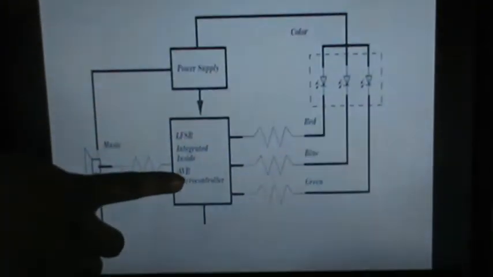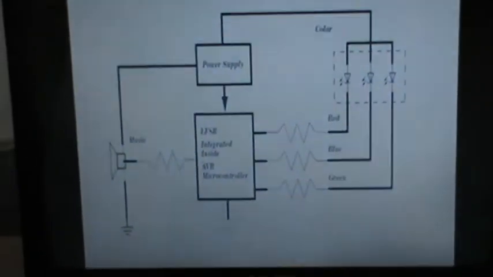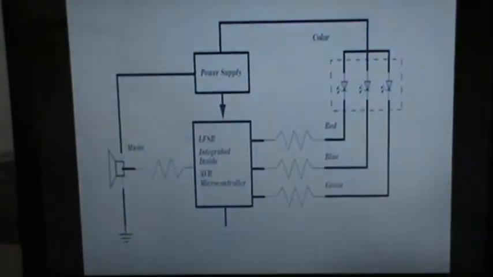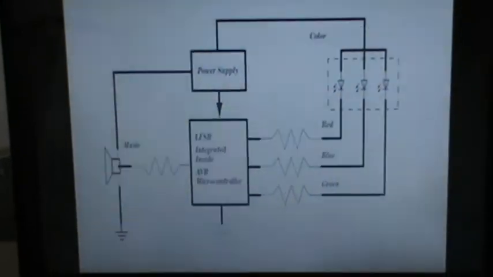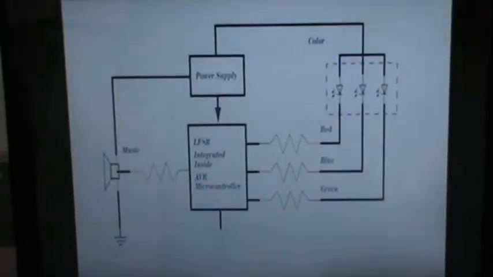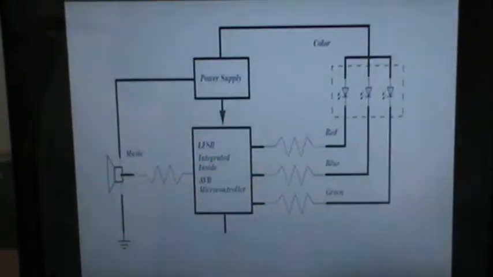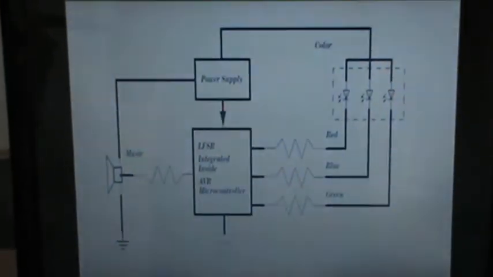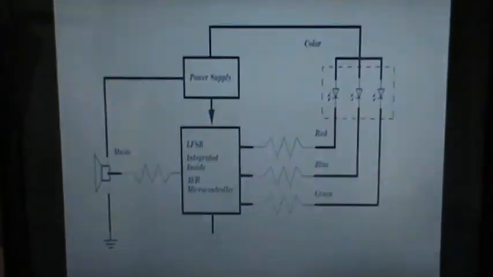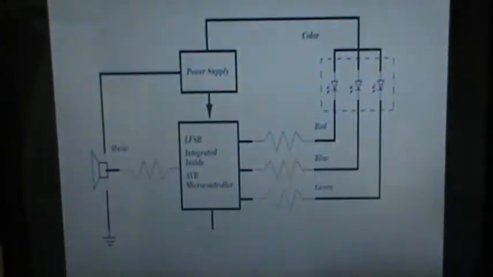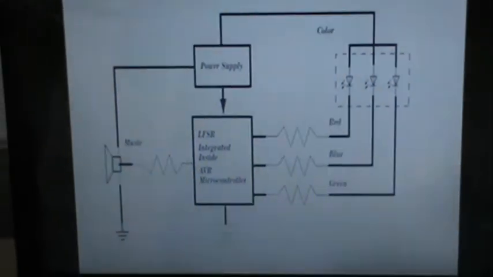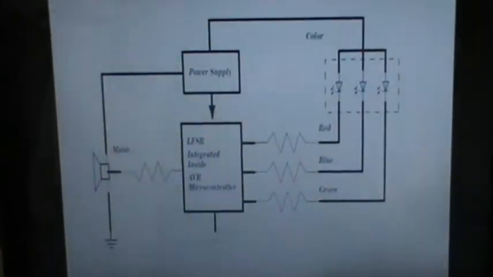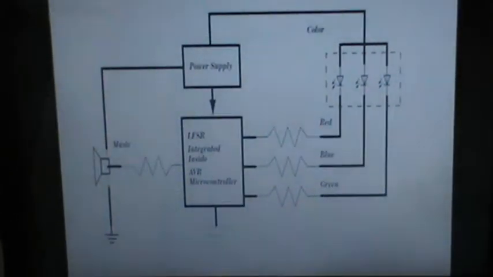The ATtiny13 has an on-chip timer which can produce PWM. But in this project, we are implementing the pulse width modulation using LFSR. LFSR, the linear feedback shift register, is a random number generator. This random number generator produces numbers that do not have any pattern, and these numbers are used to control the on and the off times of both the LEDs and the speaker.